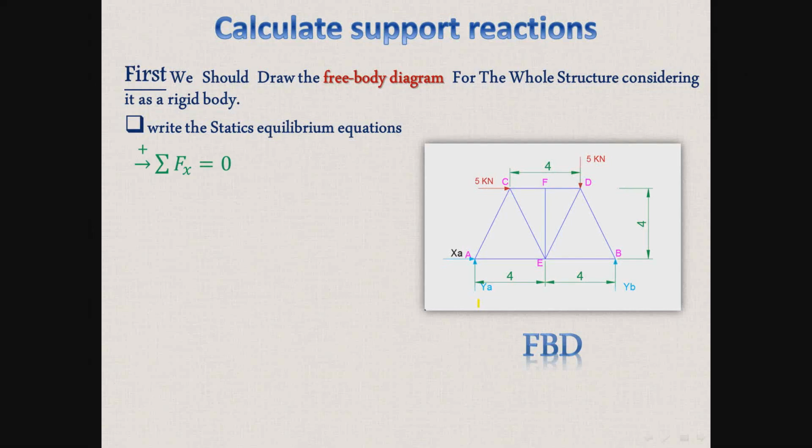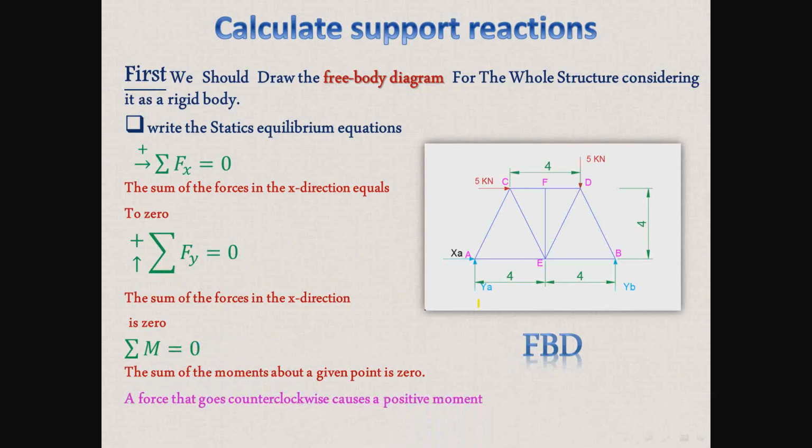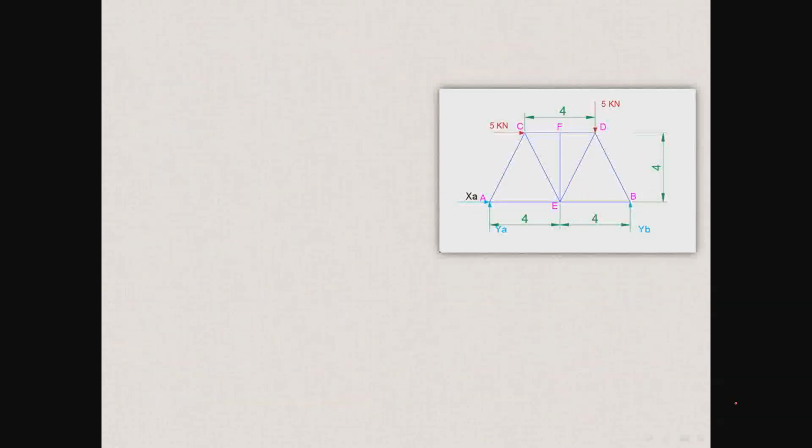The sum of the forces in the x direction equals 0, the sum of the forces in the y direction equals 0, and the sum of the moments about any point equals 0, considering that a force that goes counterclockwise causes a positive moment. In order to find the support reactions, we will write the sum of the moments about point A equals